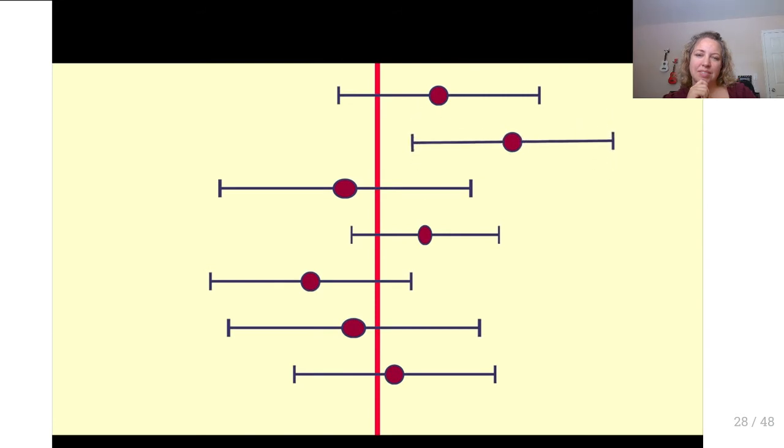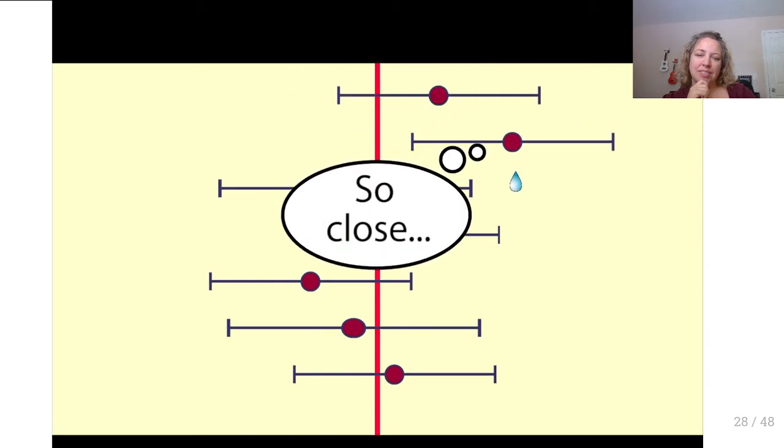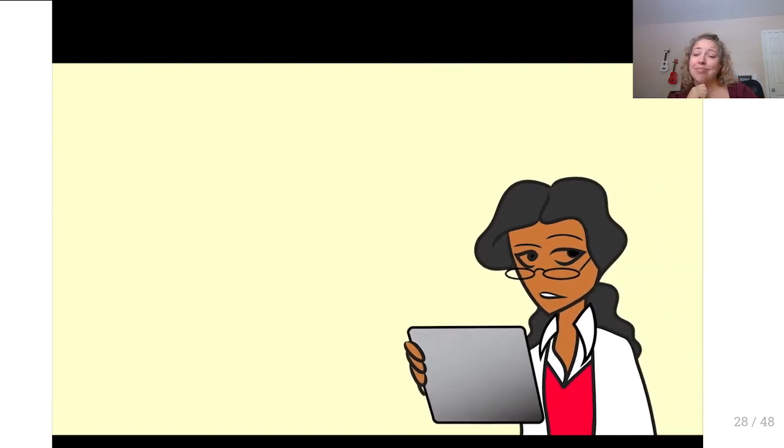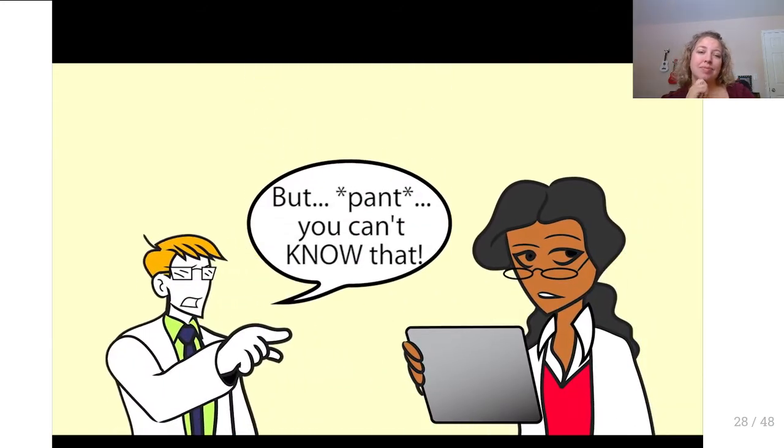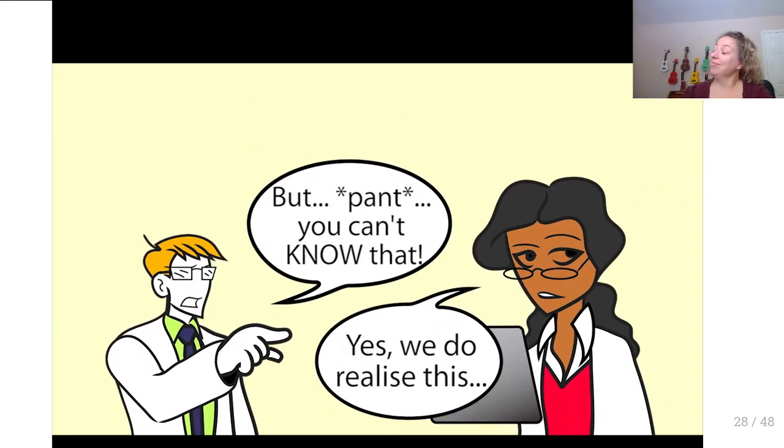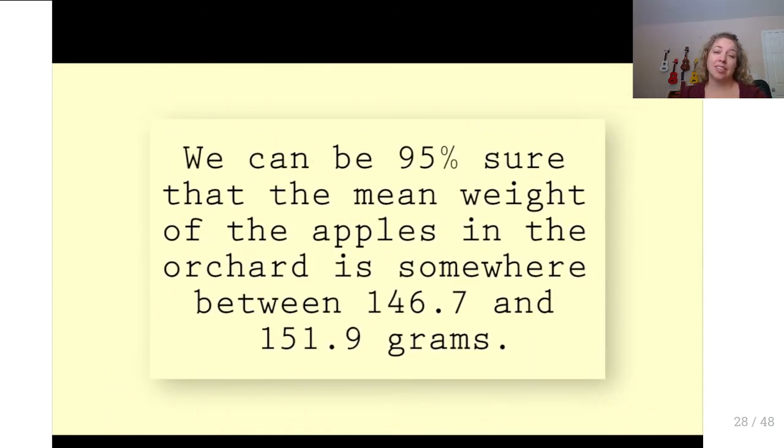However, about 5% of them will not contain the true population mean. We do not know for certain whether our confidence interval really does contain the population mean. We can be 95% sure that the mean weight of the apples in the orchard is somewhere between 146.7 to